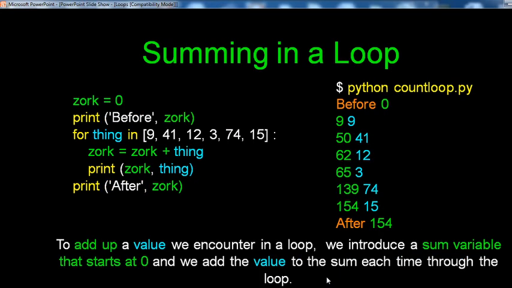Ready? Now summing in a loop. In the same example we take, that is summing, how to sum. Whatever your loop takes. See, ZOR equal to 0, print before, for thing in the list given here, and ZOR equal to ZOR plus thing. Whatever your ZOR value is, 0, 0 plus that thing, whatever value you took here, that means addition of that. Okay, print ZOR and thing, finally after ZOR, that is output 9, 9.